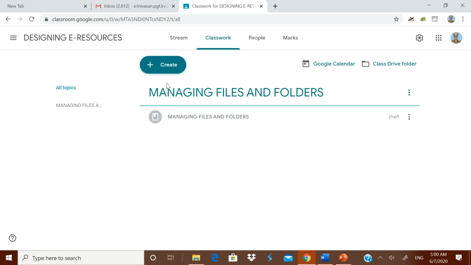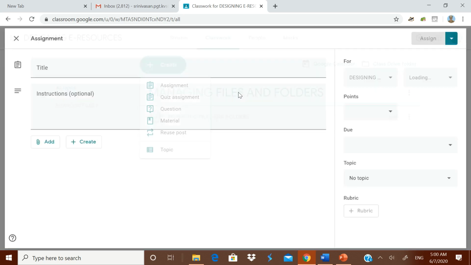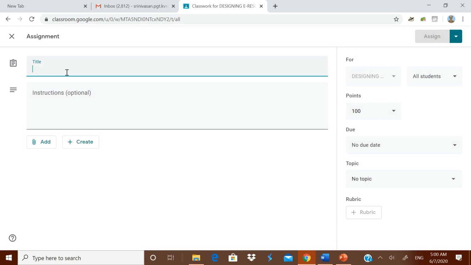Okay, after this let me go for how assignments can be created. There are two types of questions you can give. Question means when you click it you can add some questions through Google Doc or whatever it may be. Now I will go for this, clicking this assignment. Assignment opens. Okay, assignment 1.